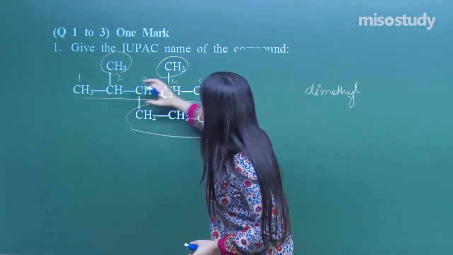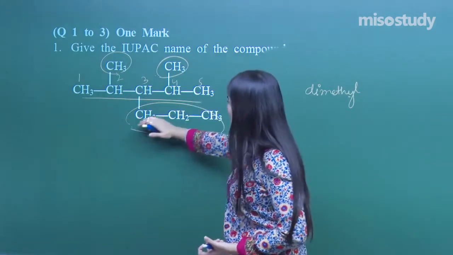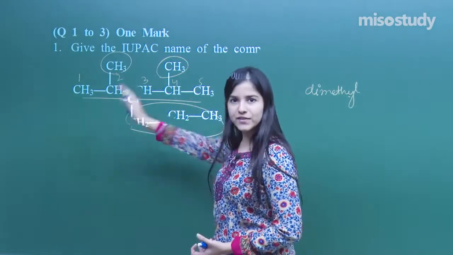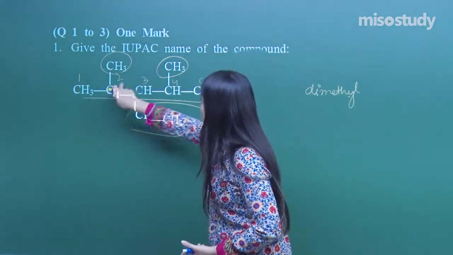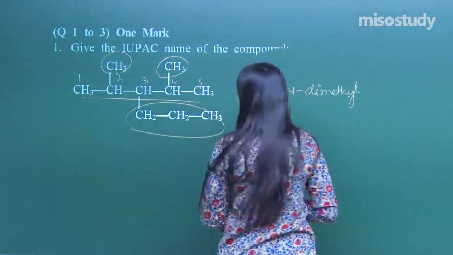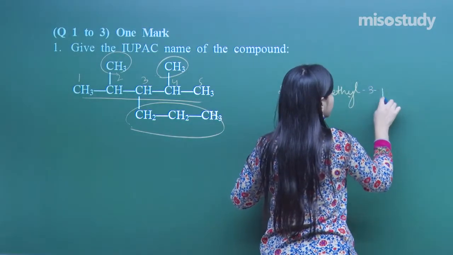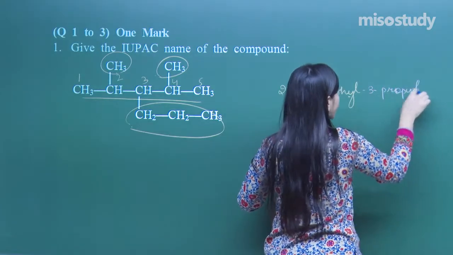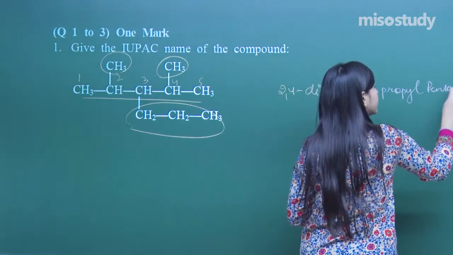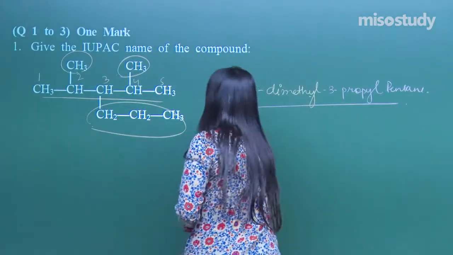If I would have gone this way, then also it would have been the same. It's a symmetric molecule with the propyl group right in between, so I can go by either of the sides. So it will be 2,4-dimethyl along with propyl. It is on the third carbon, 3-propyl, and finally it's pent, and no unsaturation present, so pentane. Clear? I hope everybody is getting the same answer. Fine. Let's move on further.